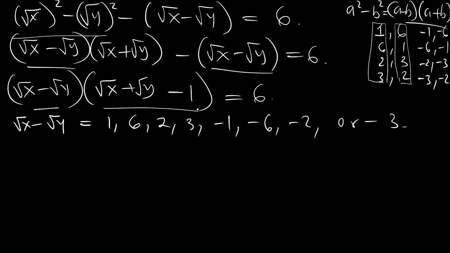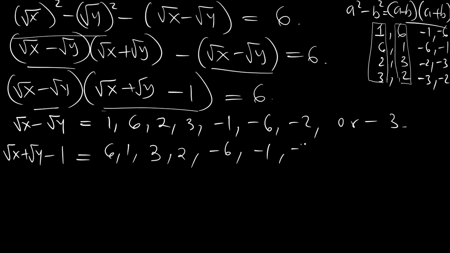Then this other part, because this other part is the square root of x plus the square root of y minus 1, is equal to, this one will now be 6, 1, 2, 1, 3, 2, minus 6, minus 1, minus 3, or minus 2. So now,